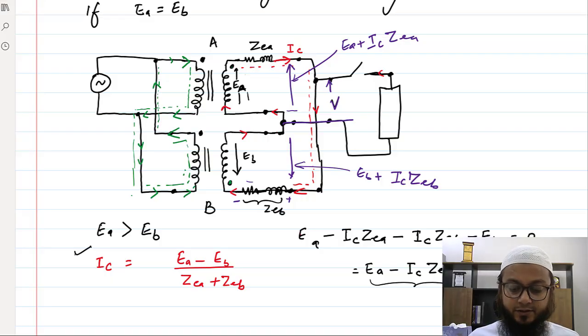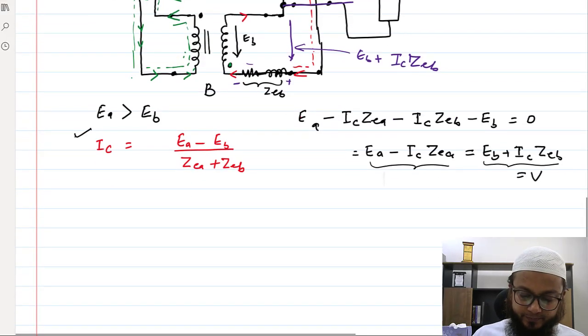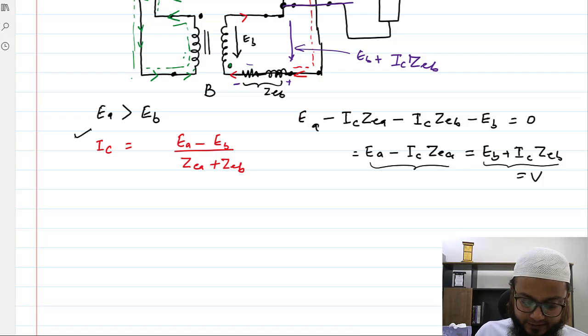So now we will see how the load would be shared by the two transformers which are connected in parallel. For that, I will try to draw a simplified circuit of the secondary side of these two transformers. So what we can see is, let's say,